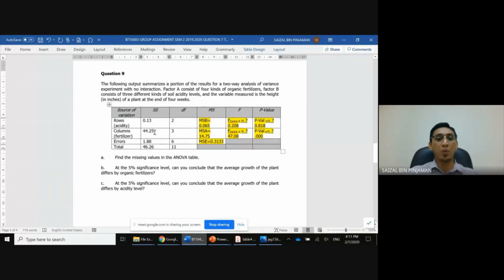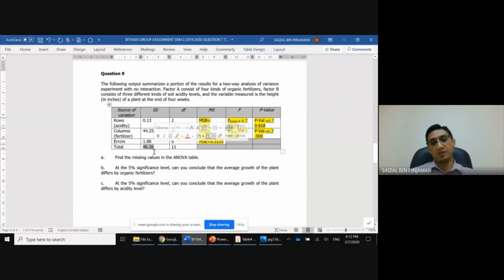So the sum of square for fertilizer is larger than the sum of square for the acidity. Errors has a sum of square equal to 1.88. If you sum up these sums of square, it will equal